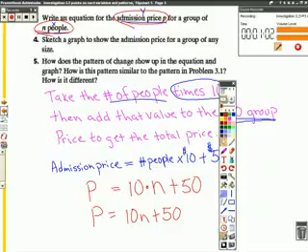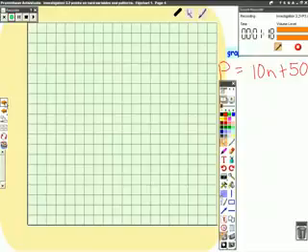They're going to want to know how many people are in a group, or else they can't give you a specific price. So, in order to figure out admission price, I have to tell them how many people are in a group. All right. So, when we set up our graph,